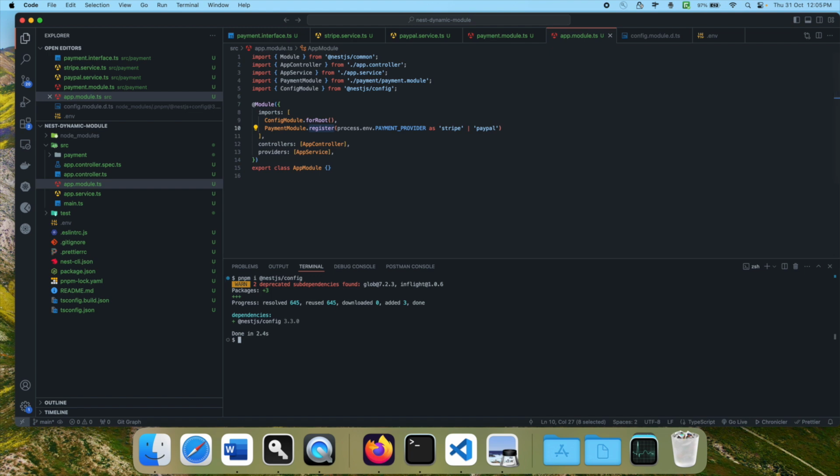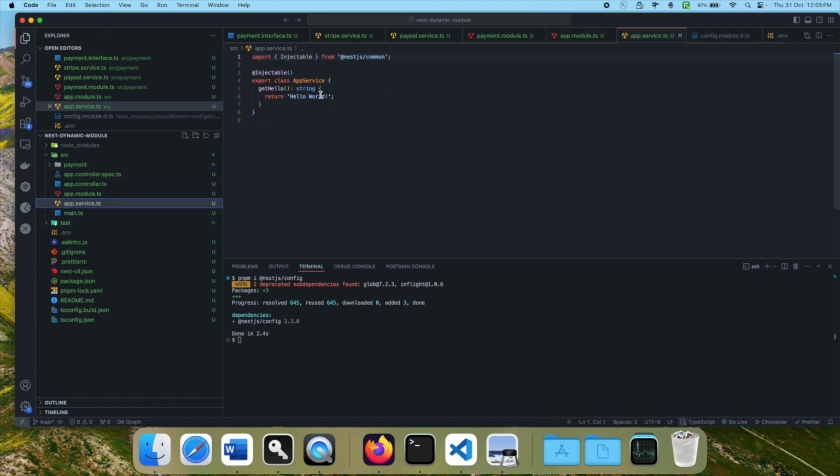Okay, so how can we test it out? To do that, in app service, this is our main service, let's create one constructor here so that we can inject our service. In the constructor I'm going to inject private readonly. We use readonly so that this variable will be assigned once and then it won't be reassigned. So private readonly payment provider,